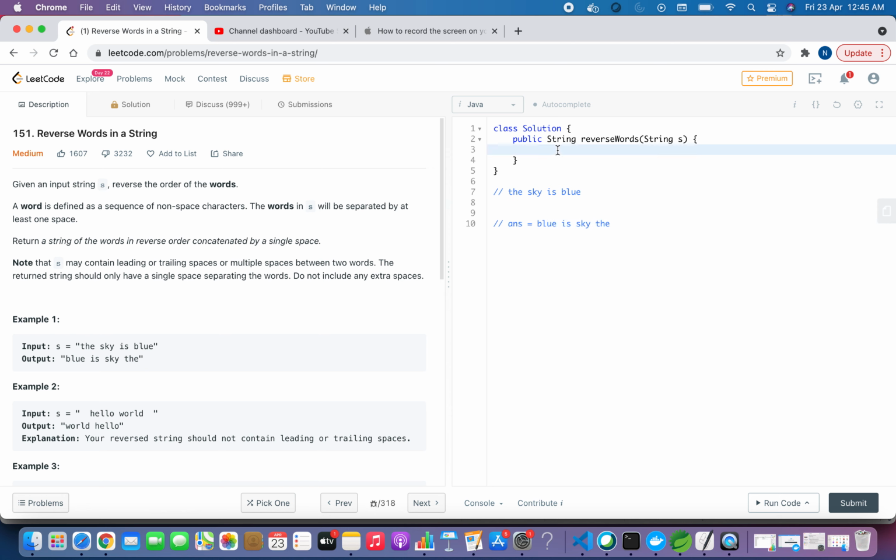Okay, so let's go to the code quickly. We will take a variable n in which we store the length of the string. Let's take two StringBuilders. Let's call one answer. Another will be the word which we are going to build.